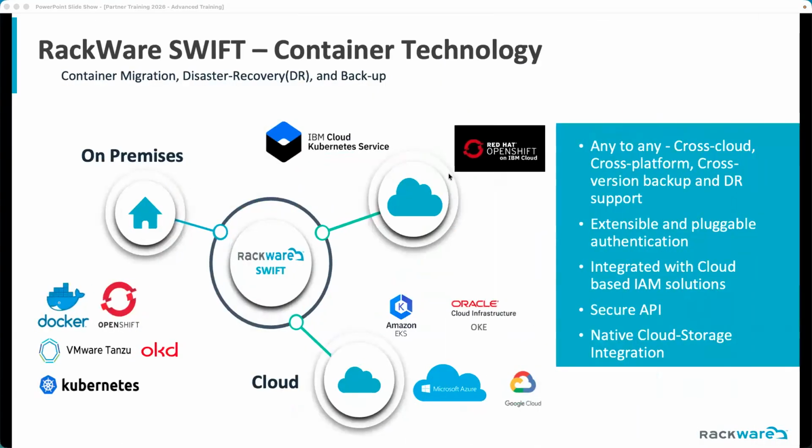That Swift product for containers, again, we got Docker, OpenShift, all the particular clouds, EKS, OKE, GKE, things like that. So if you need to move everything off of Tanzu, don't want to pay those VMware licenses, and you want to move them somewhere else, whether it's another on-prem environment or in the cloud, Swift will do it for you very quickly, or provide you disaster recovery